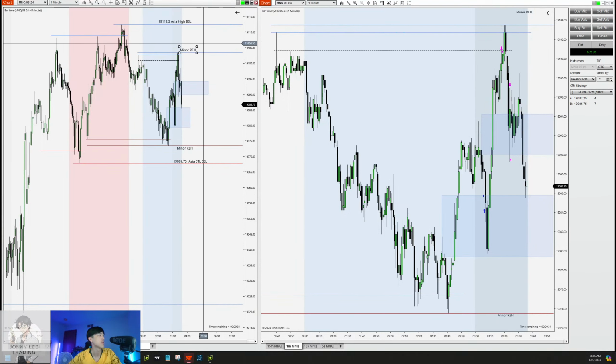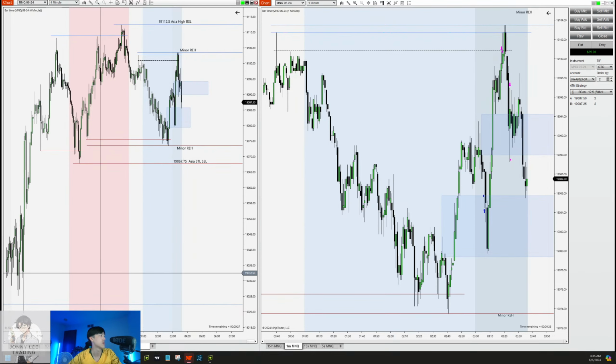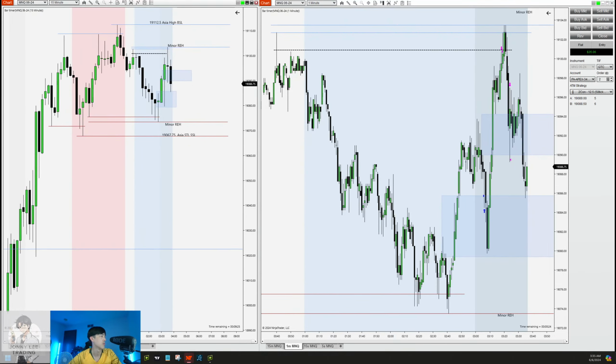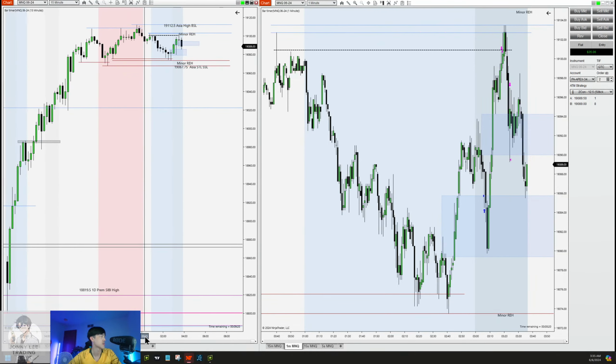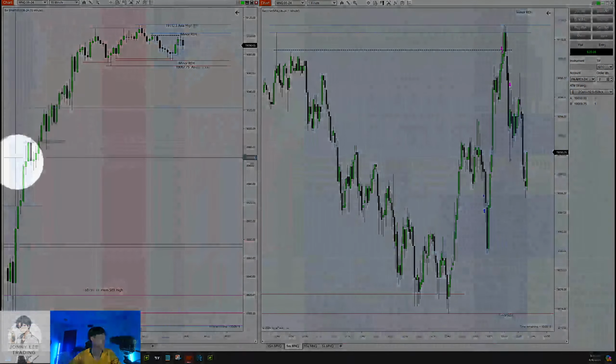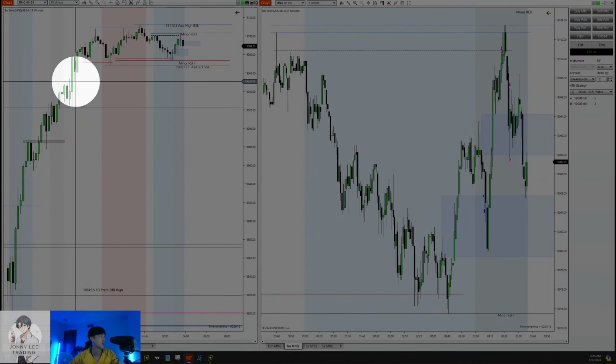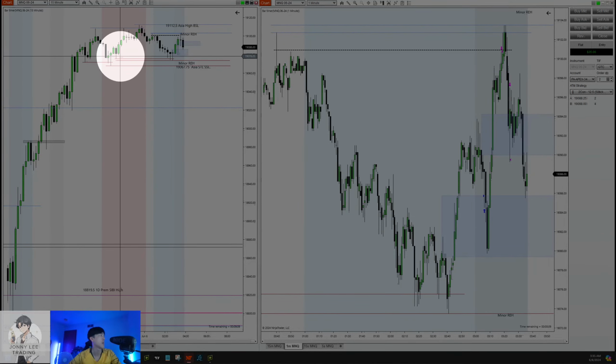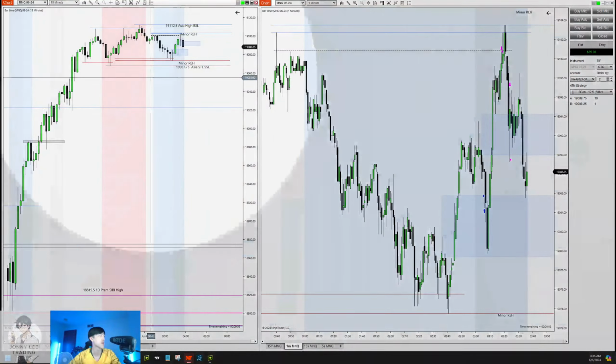is that we probably are generating or manufacturing liquidity up here so that later on in the day, once we take out sell side, or return to what would be a sell side internal range liquidity, we don't see any of that here. No internal range liquidity. Note that, right? We have this down close candle, which we've traded up from once, twice. So we'll see if that continues to hold or not. I don't think it will, but